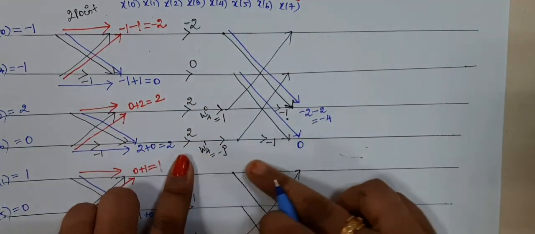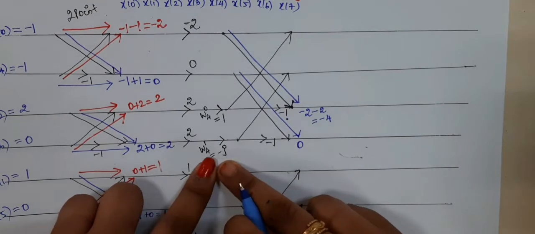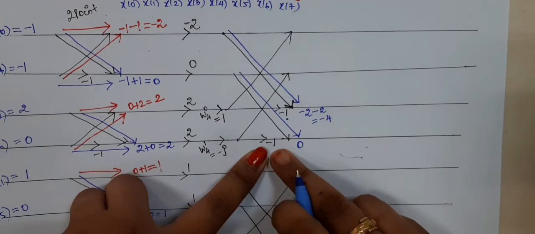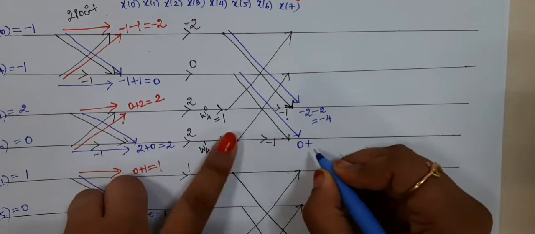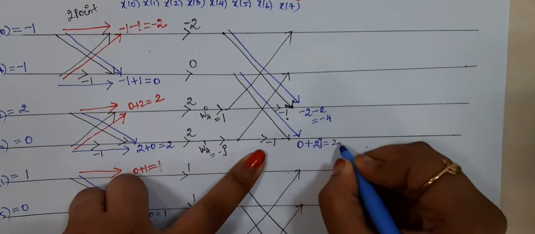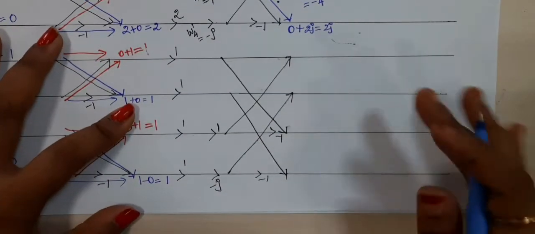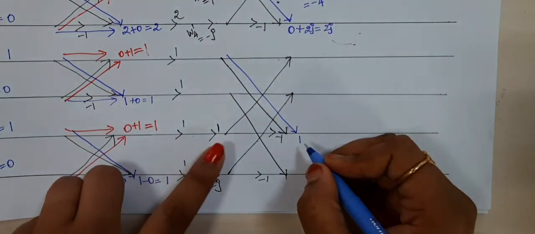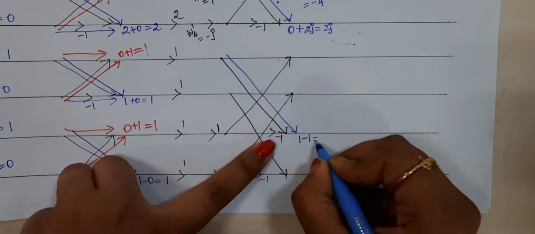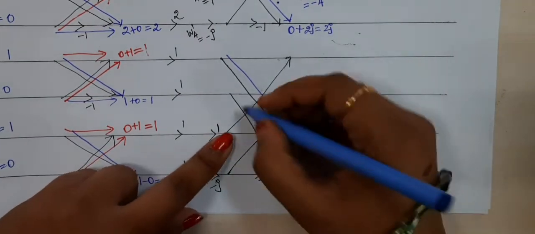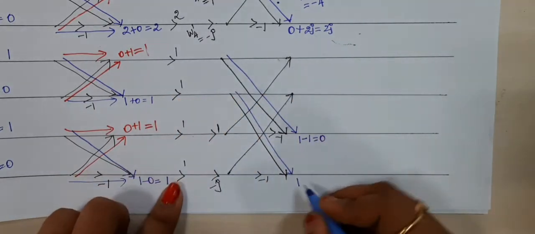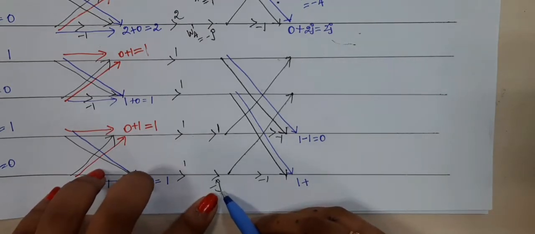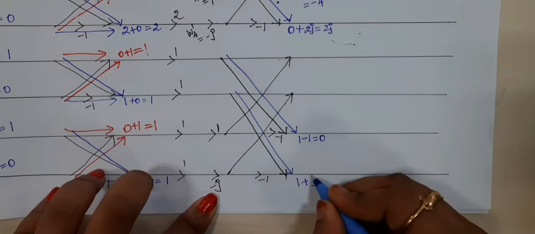0, and here we are having 3 values, 2 into -j, -2j, minus minus plus, 2j into 1 will be your minus minus plus 2j. So the value will be 2j here. Okay, so here also we can complete the down arrow first. So down arrow, the value is 1, 1 into 1, 1, 1 into -1, -1, the value is 0. Okay, so here the down arrow 1, and the value is 1 into -j, minus minus anyhow it is going to be plus, 1 into j, again j, so 1 plus j.